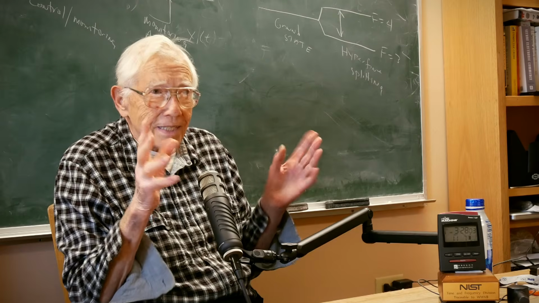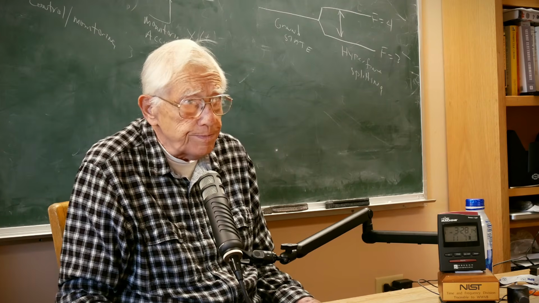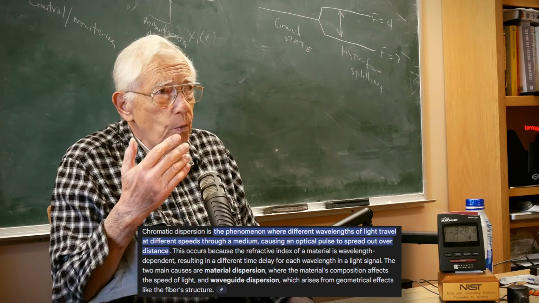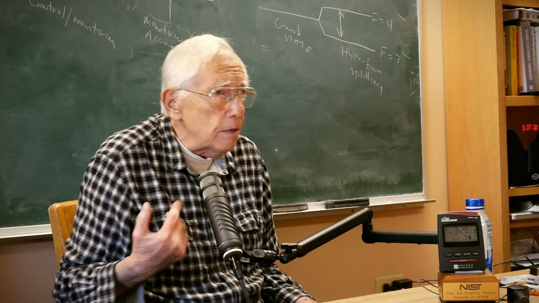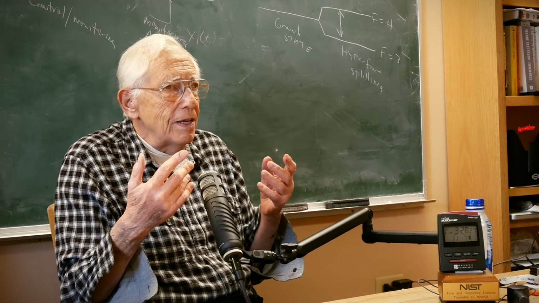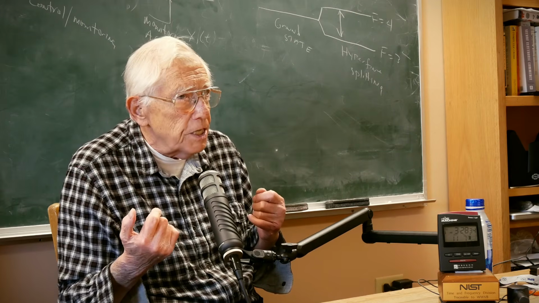Well, that sounds like a classic idea. But the trouble with that is that red and blue travel at different speeds. Now, the effect in air is very small, but the effect in fiber is not small. And that's called chromatic dispersion, where the speed depends on the color. So the inbound and outbound are not equal. All right? So you understand that the two-way method sounds delicious, except when you get down to the engineering, you discover that there are difficulties with the engineering.